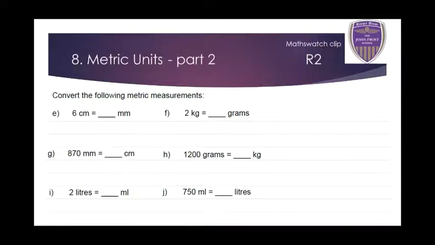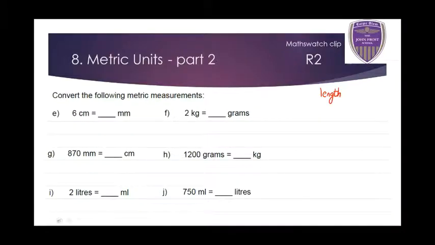So metric units, converting metric units. This topic can get complicated, but if you draw a conversion chart, it can make it slightly easier for you. Okay, so first of all, I'm going to do the conversion chart for lengths. Okay,